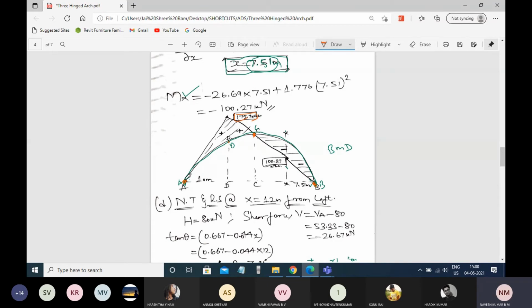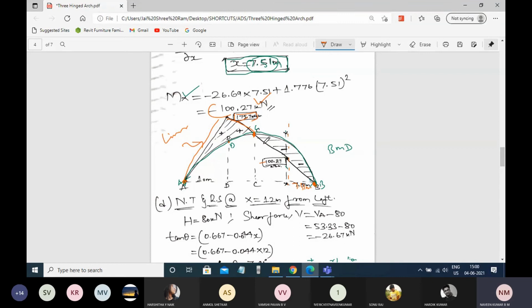So again, point load, so linearly varying. Okay, this is linearly varying. Understood? Again at C it is 0. Let's join at C as 0, and again at the XX section, so that is 7.51 meter from the distance B. So we have a maximum moment at that particular point. We got it in terms of minus, so minus 100.27.